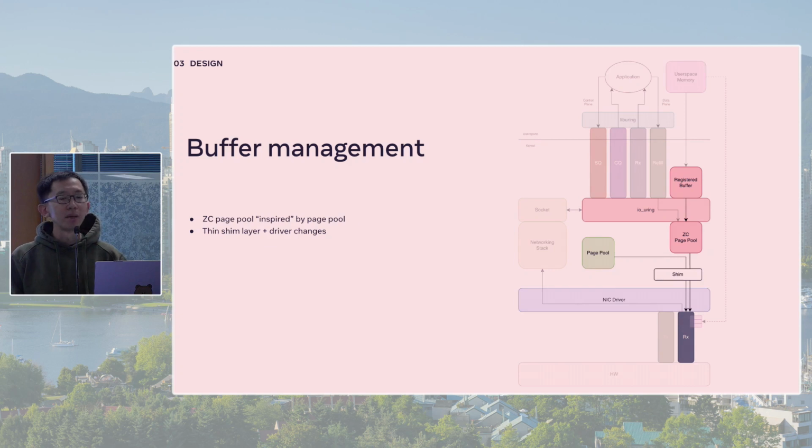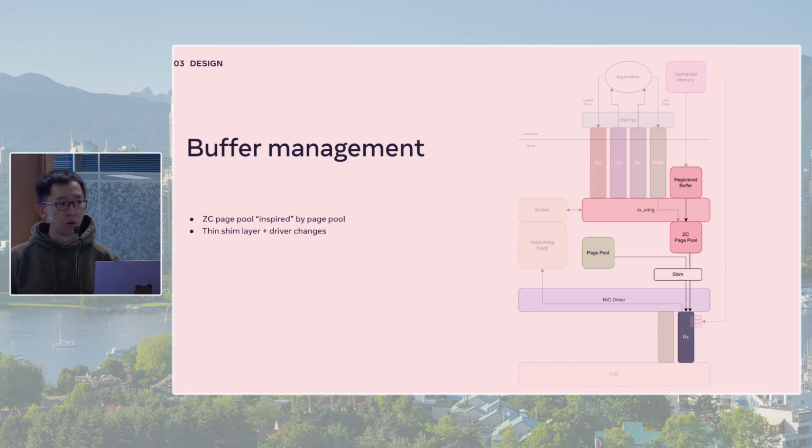The next step is we need to get these pages into a hardware RX queue. We do this by adding a new page pool that's heavily inspired by the existing page pool. The only real difference is that this page pool is backed by the user space memory that's been registered, pinned and now owned by io_uring, as opposed to being backed by kernel pages. And in order to tell the driver which queue should use this page pool, we added